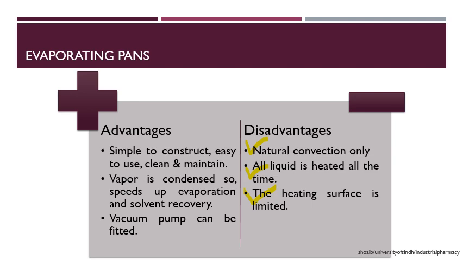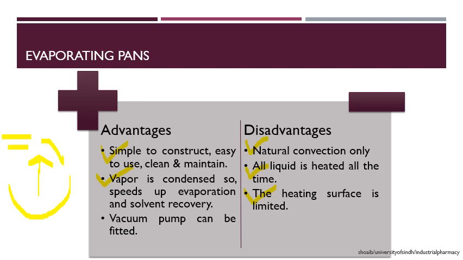Okay, one of the advantages is similar, that is, it is simple to construct, easy to use, and clean and maintain. The second main advantage is that the vapor is condensed, so it speeds up evaporation and solvent recovery. Now, one of the major disadvantages which we had discussed about the evaporating pans was that when the evaporation was carried out, the solvent was moving from here to the surrounding atmosphere, okay, and it was saturating the surrounding atmosphere,